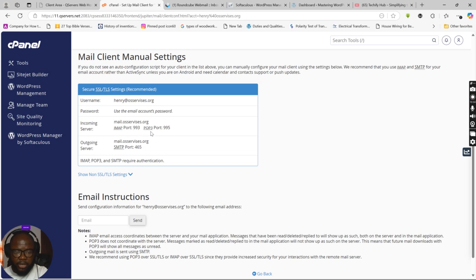So if Henry is using POP3, he's going to be using 995 as his port number. If he's using IMAP, he's going to be using 993 as his port number. So for the outgoing server, Henry is going to put that server as his outgoing server also, and then put the SMTP port there. And yeah, Henry just needs to fill in all this information